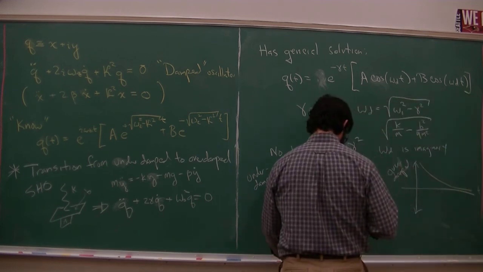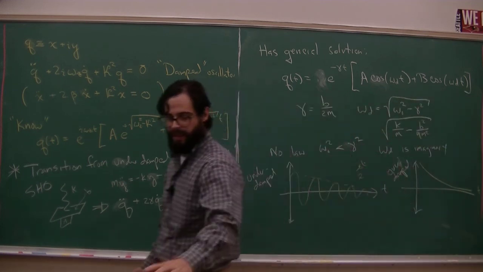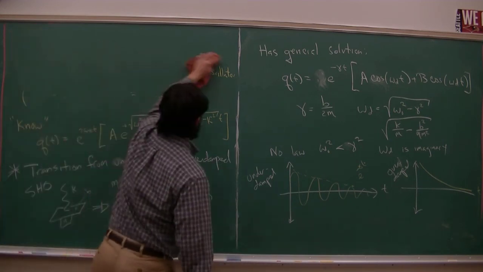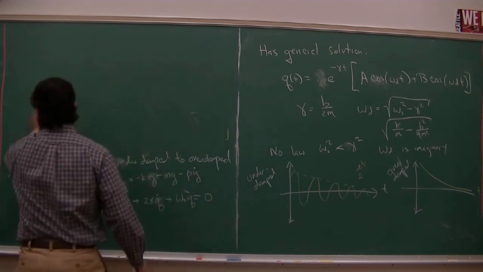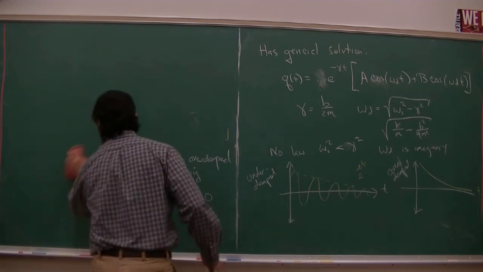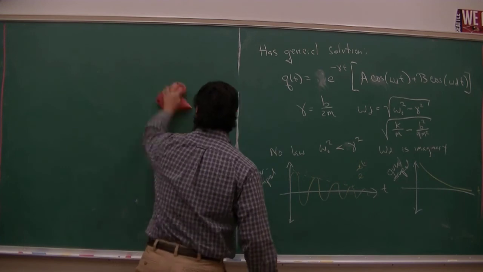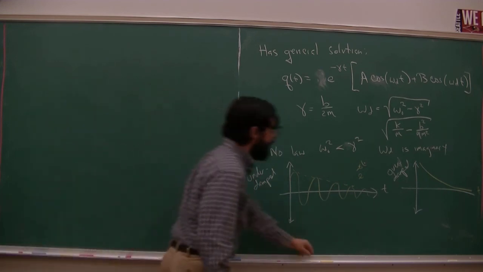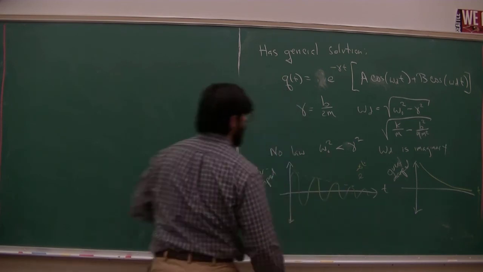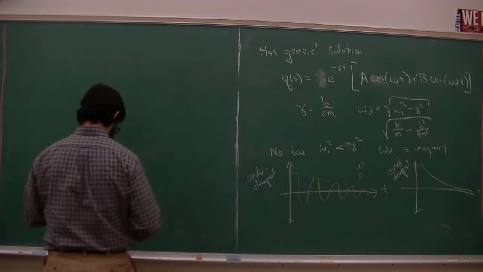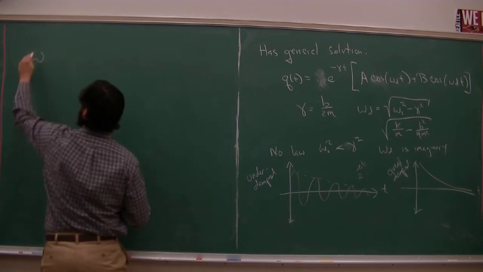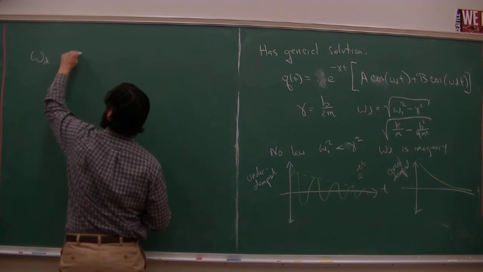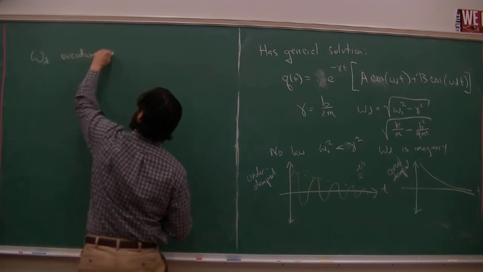And it turns out that this is completely within the solution itself. There's no separate mathematics that we have to do, because if I have an imaginary argument of a sine or a cosine, that's a hyperbolic sine or cosine, and that does exactly that. So let's take an overdamped solution